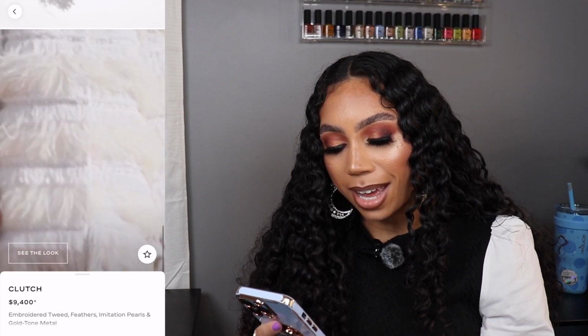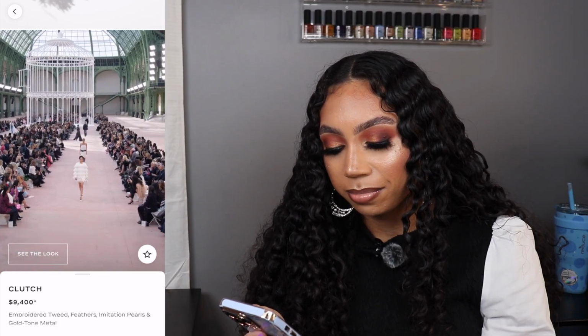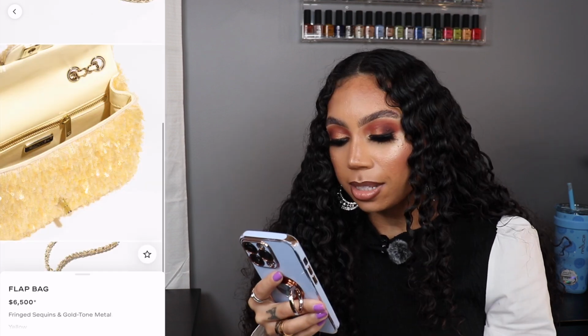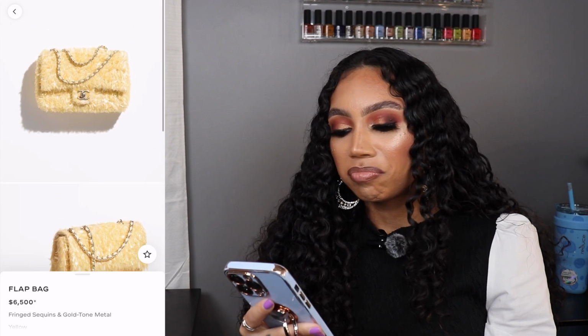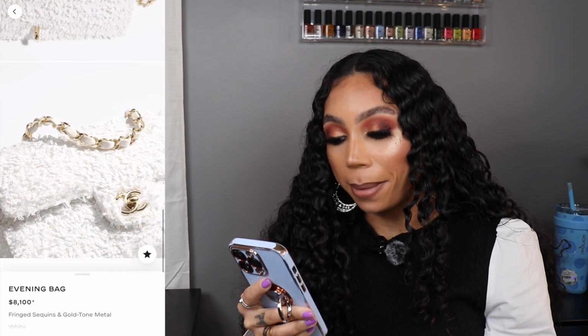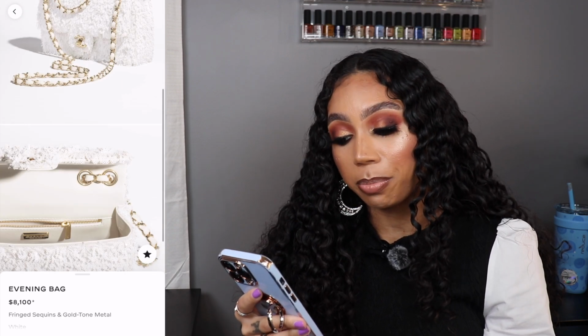This is so bad. I am sorry. Ew, even the outfit is so bad. That model has to be pissed. Like, oh, this is the freaking outfit they put me in. Like, I don't like this either. I don't know. It's giving Big Bird. Like, I just don't like it. The white is actually better in my opinion. So if you wanted to do one or the other, I still don't think it's my favorite, but it's definitely